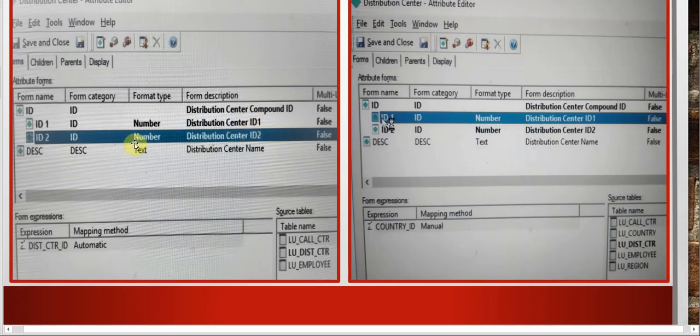If we see the Distribution Center attribute, you can see the ID form has ID1 and ID2. ID1 is the country ID, whereas ID2 is the district CTR ID, and all of them are coming from the distribution center. The important thing to note is if we are adding the form category as ID for these two, MSTR will give us a pop-up to group them, and we have to group them together.